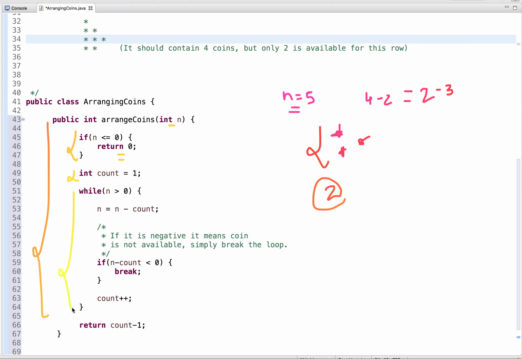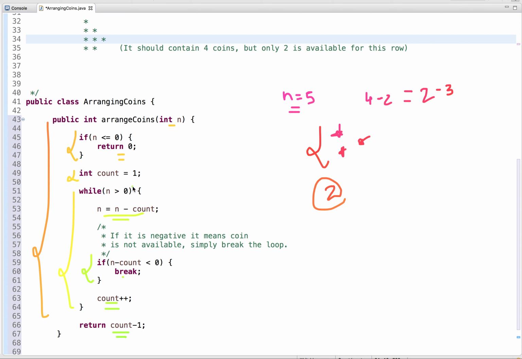Then run a while loop while the value of n, the number of coins, is greater than 0, and at each iteration I subtract count from n. If at any point it is less than 0, then it means we don't have sufficient coins to form the row, so simply break the loop, else increment the value of count. When we come out of this loop, simply return count minus 1.